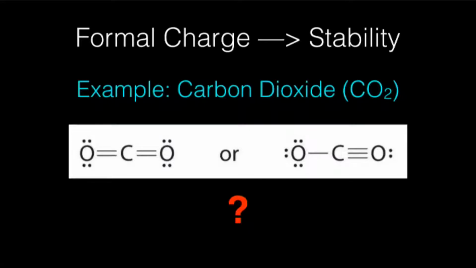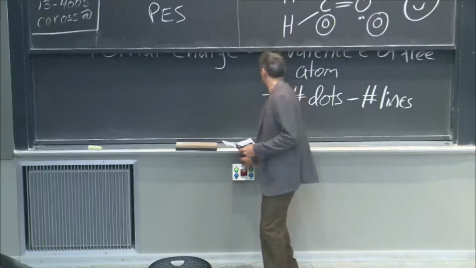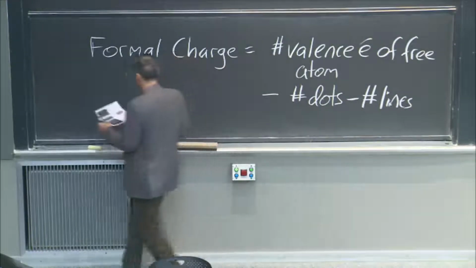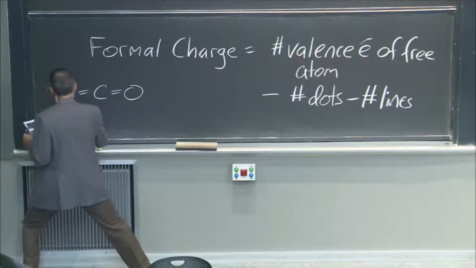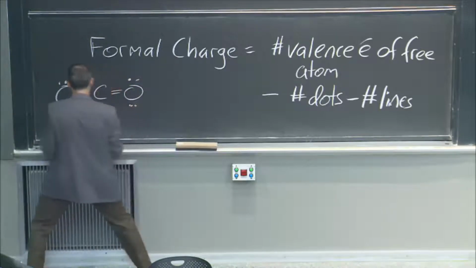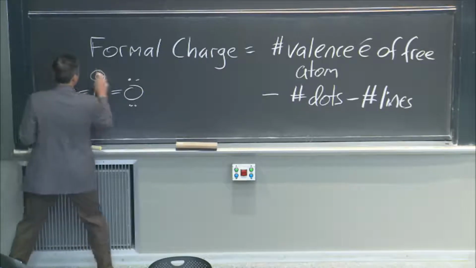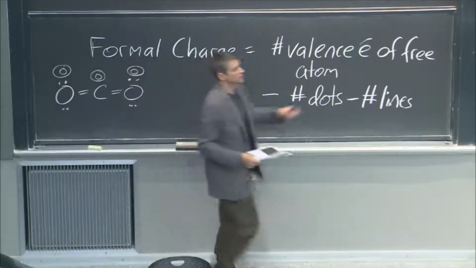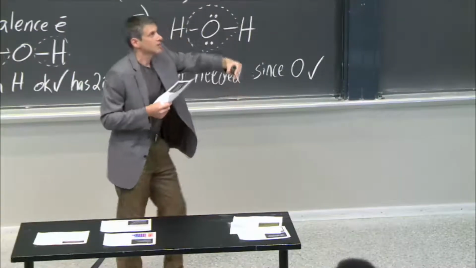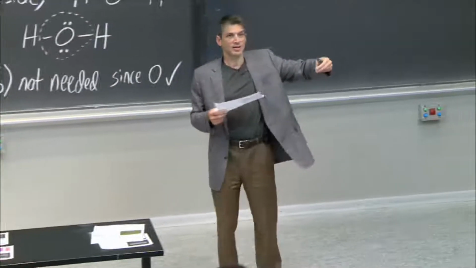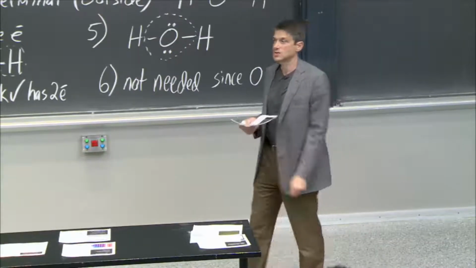Well, it's the same idea, and I won't go through it in detail. But if I look at this, C, O, O with lone pairs on the O's like that, this is going to give me formal charges of 0, 0, and 0. Whereas if I do the one on the right and put in a triple bond, so too many electrons sharing, then yes, I satisfied the octets, but I'm not as stable because the formal charges aren't as close to 0.